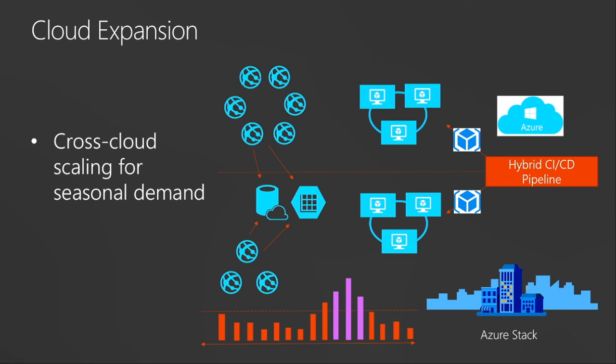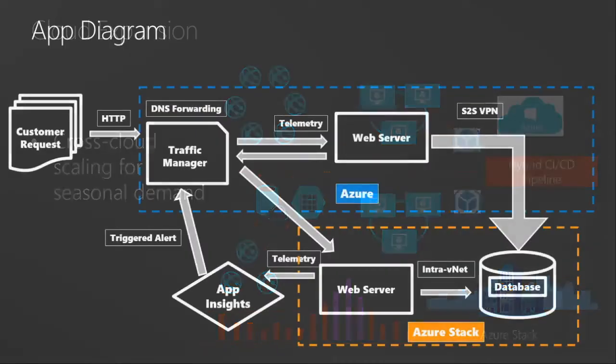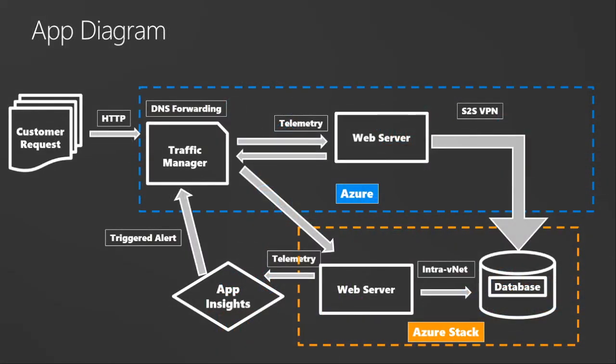So if we look at the next slide, in the application architecture, you can see that part of the application is going to live in Azure, and part of the application is going to live in Stack. Okay, it's a hybrid app by definition. And so what IT is really managing, or at least providing the infrastructure for, is what's in the orange box, because that's what's running inside the data center. The stuff in the blue box on the top is all running in Azure, and the application is straddling those cloud boundaries dynamically based on load. And so this is a joint effort.